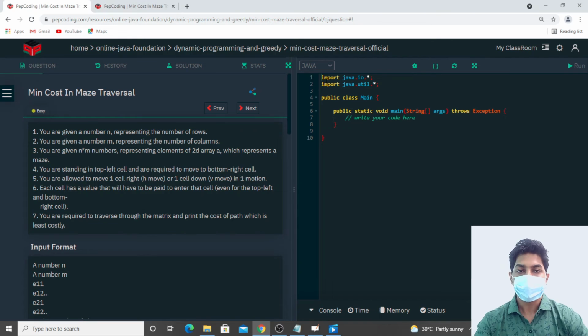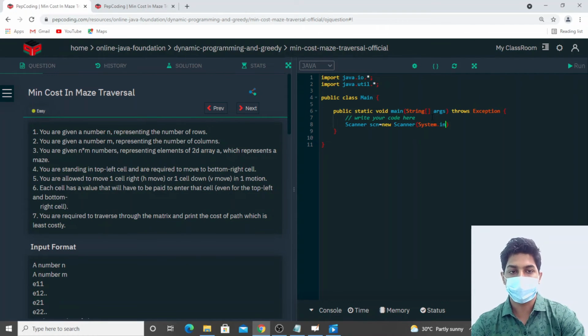We have to make a new scanner. Then we are given an integer n, that is the number of rows. Let's take input for that. We are given an integer m, that is the number of columns. Then we are given the cost.